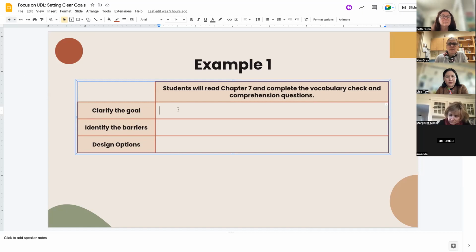I have about 5 examples like this, and we don't have to take the time to go through all of them. And Beth, these are from our CAST training, so this might look familiar. You probably remember when we did this, but it's a little practice of thinking about a lesson and kind of breaking it down. So for this first example, if you were asking your students to read chapter 7 and complete vocabulary check and comprehension questions,